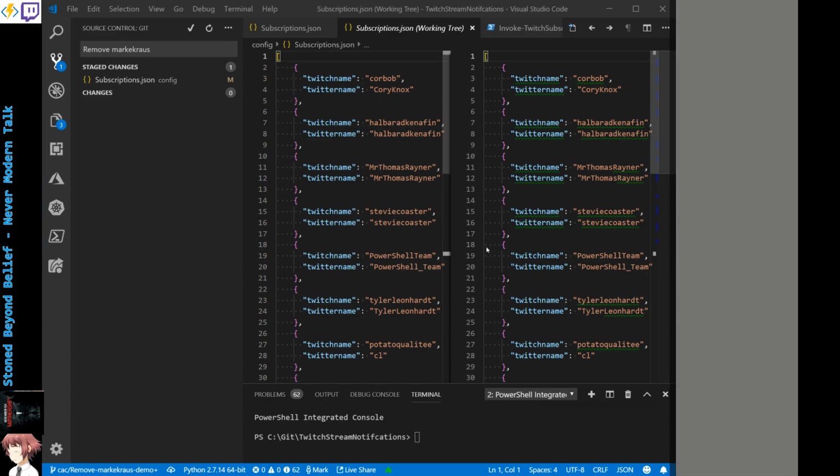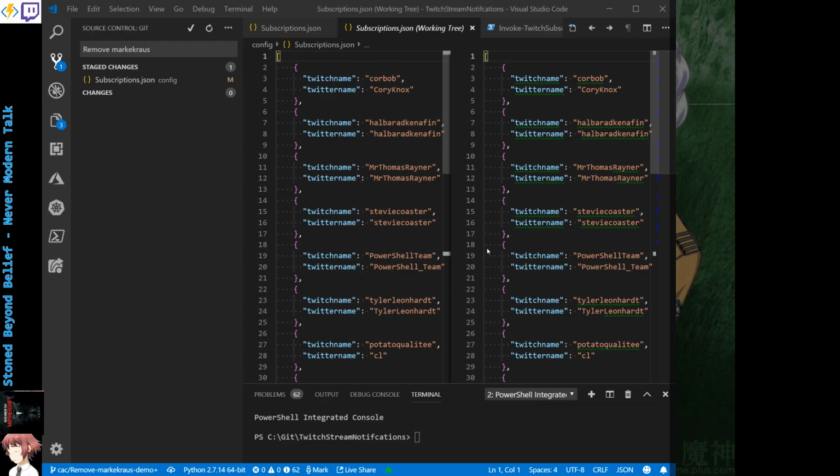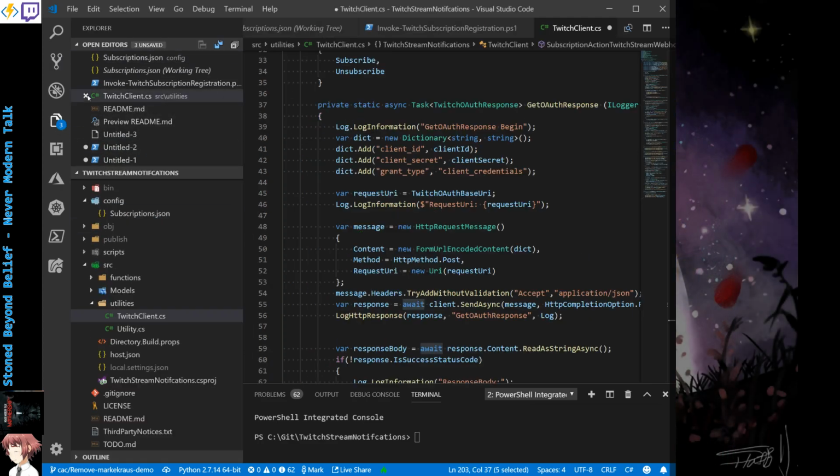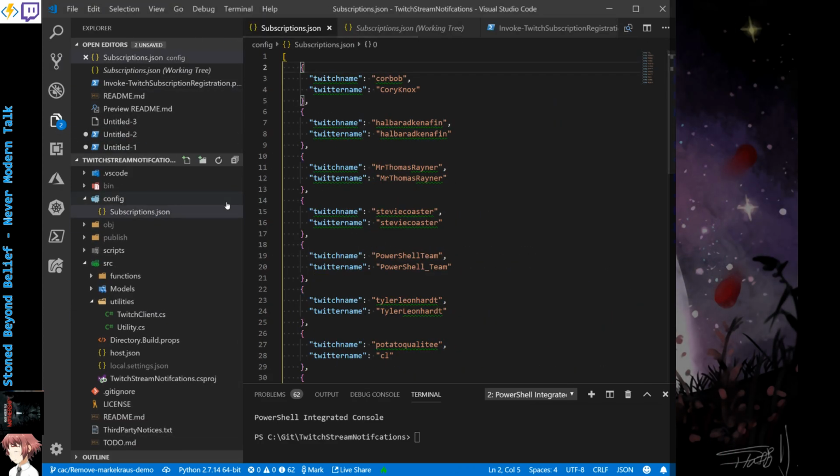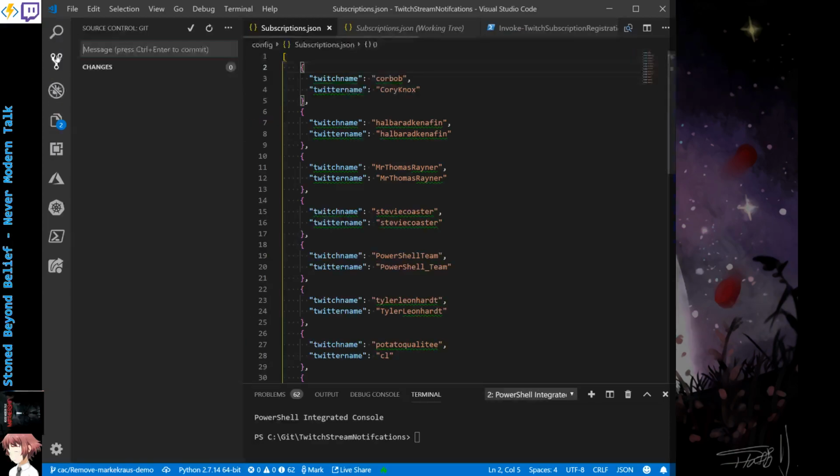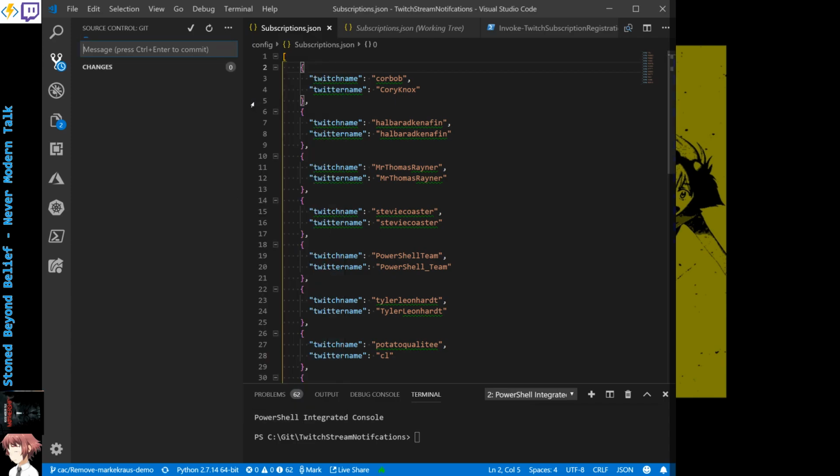Commit anyways. I definitely don't want the changes that are in the Twitch client CS. That's probably just me accidentally adding white space somewhere. In fact, I'm going to close that out. Don't save. So I committed that. I'm going to push this up and switch back over to Firefox here so I can